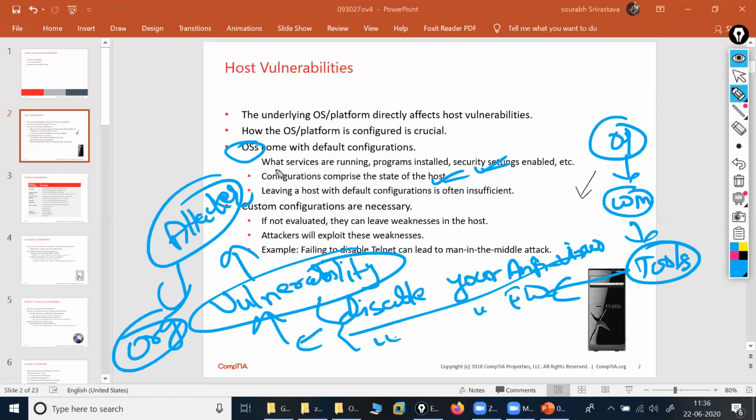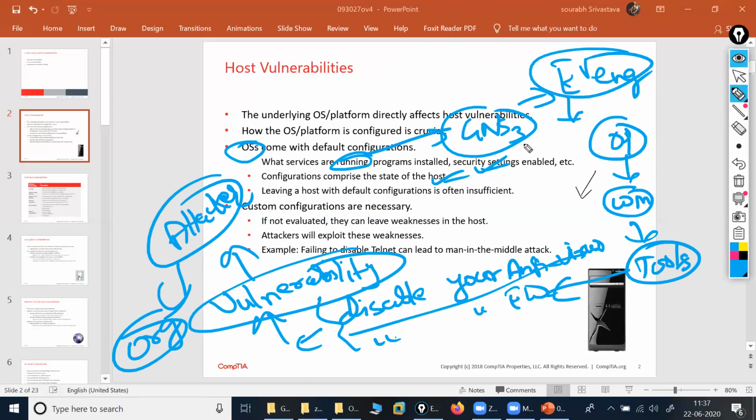Same thing with what services are running. Maybe I am telling you GNS3 or similar tools; there you have to compromise and disable something, from your security perspective. Then it tells you that configuration can compromise the state of the host. Helmets, are you getting what I'm explaining here? Leaving a host with default configuration is often insufficient. That point is telling you about default configuration, and sometimes what happens is